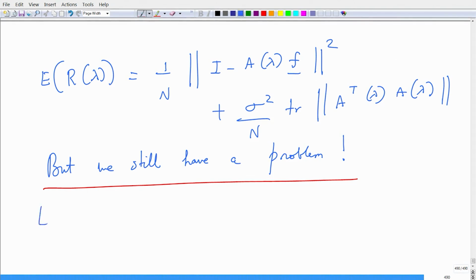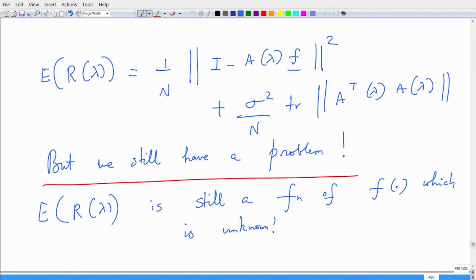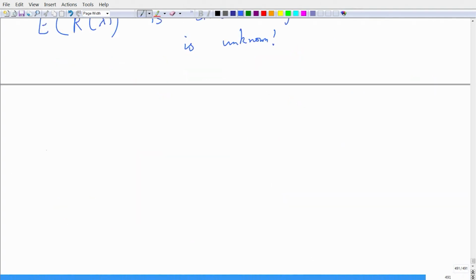So, E of r of lambda is still a function of f which is unknown. Before we end the slide, we need to insert these braces as usual, so that it does not confuse us. So, for which we can formulate a reasonable estimate,